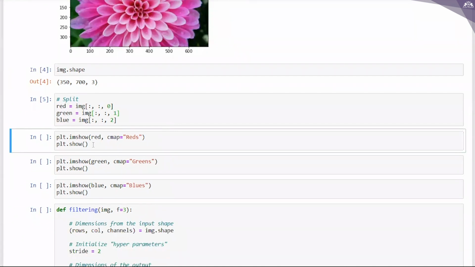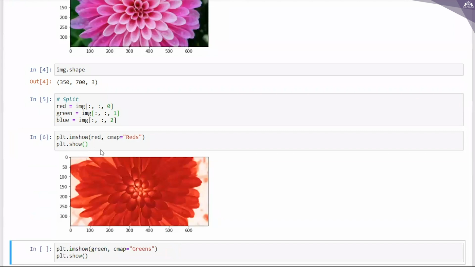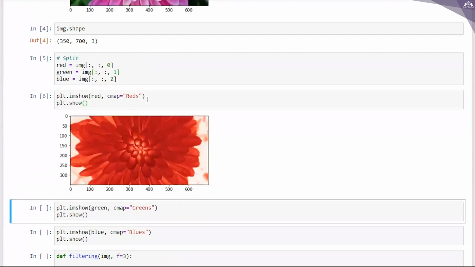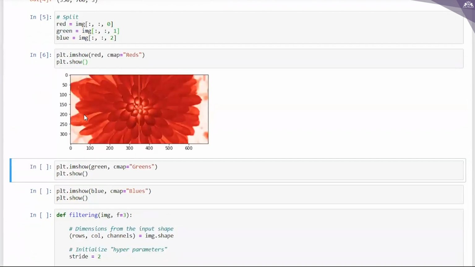Yes, it is executed. Now I am writing plt.imshow red, with cmap equal to Reds. Let us execute this code now. Wow, what are you seeing over here? We are getting a red color image. Here I have written red, and colormap I have written as Reds, so that is why it is showing this output.